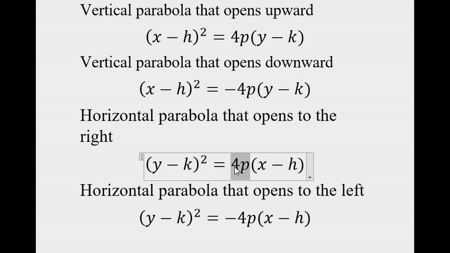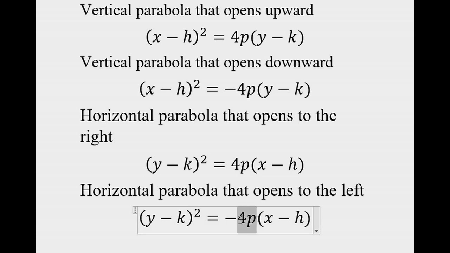We take x as the x axis, that horizontal axis. If the coefficient of x is positive, then it is a horizontal parabola that opens to the right because the direction to the right is positive x direction. If the coefficient of x is negative, then it is a horizontal parabola that opens to the left because the direction to the left is negative x direction.